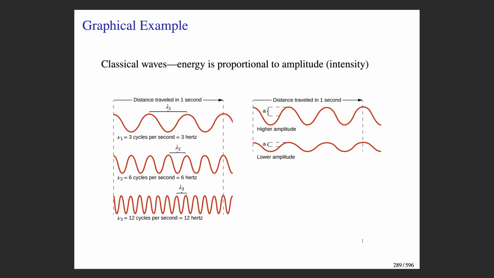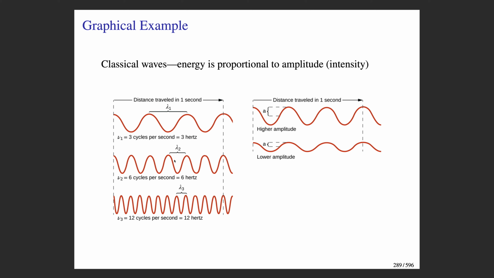These pictures here are showing that there is a relationship between wavelength and the frequency. So assuming that the waves have the same speed, what you can look at here is how many wavelengths can pass through this distance in a given time. Let's assume that the wave is moving so fast that it goes this far in 1 second. You would then count the number of cycles that pass by. So there's 1, 2, 3 cycles for this wave in a given second, and so we would say that that's